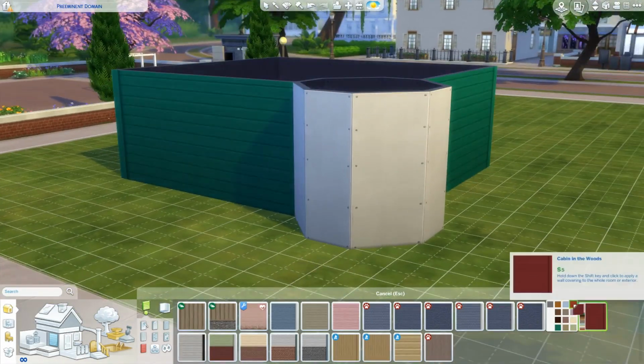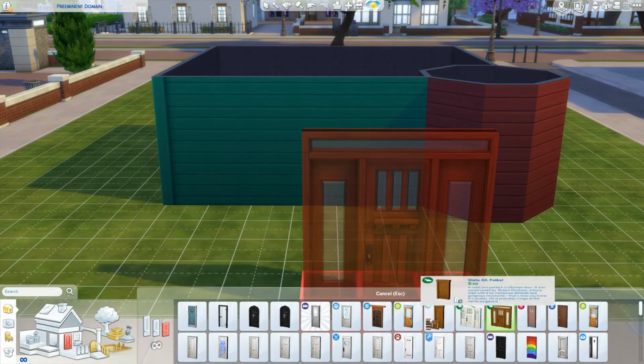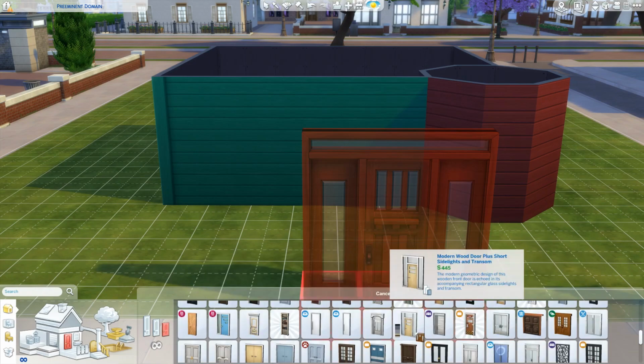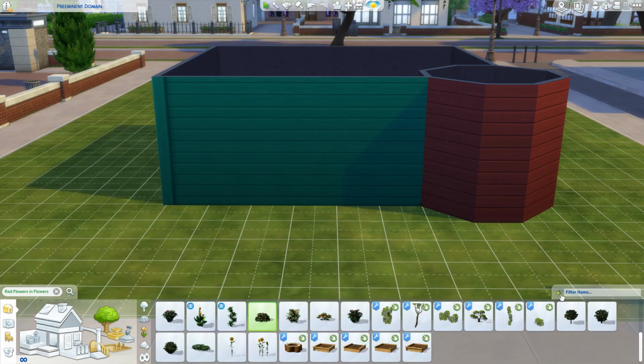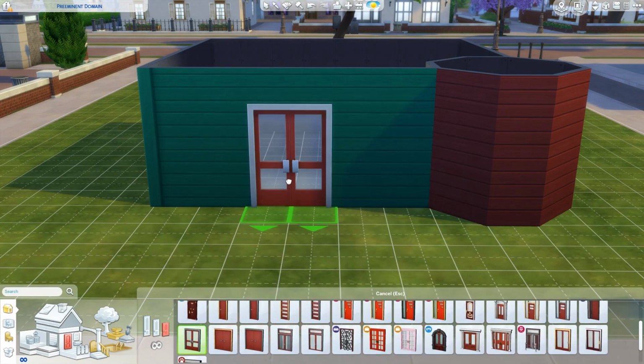And today I'm doing Santa's toy store. So, with this build, I really wanted it to be just very whimsical and fun, because after all, it's a